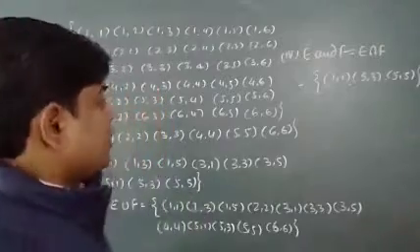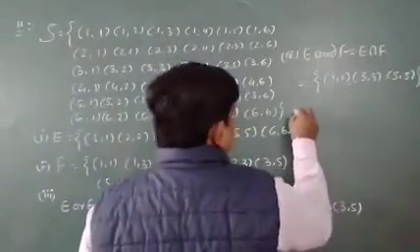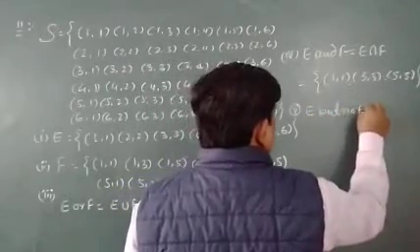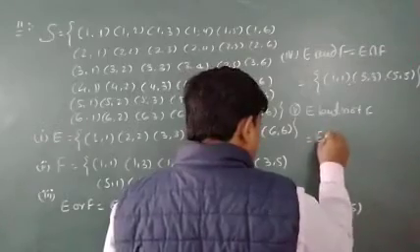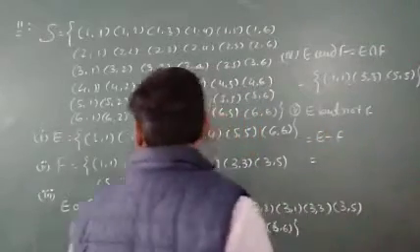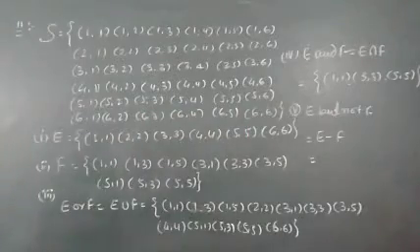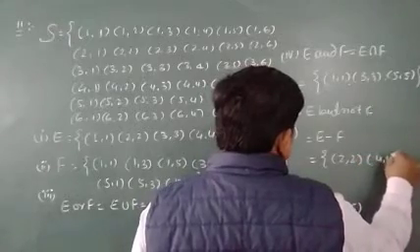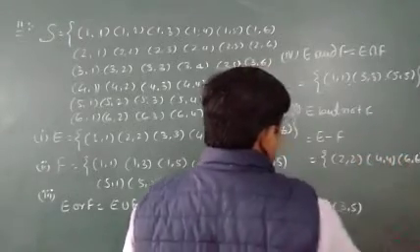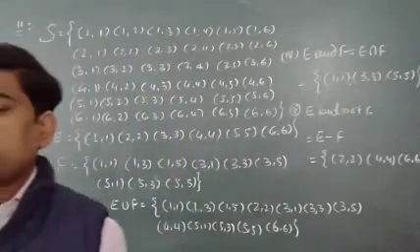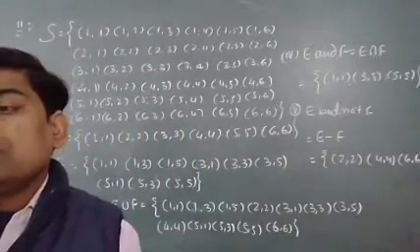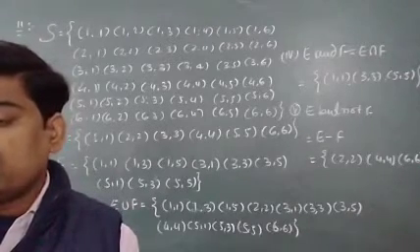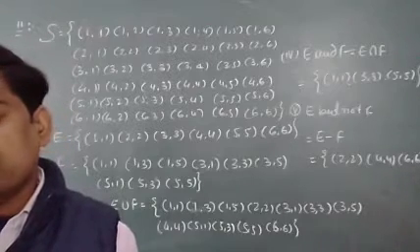Now the last one is there, E but not F. Yesterday I told you what E but not F means. It was told like that, E minus F, and it can be written easily. E minus F means (2,2), (4,4) and (6,6). E minus F means what? Elements of E which are not elements of F. Simply I am telling you, elements of E which are not elements of F.